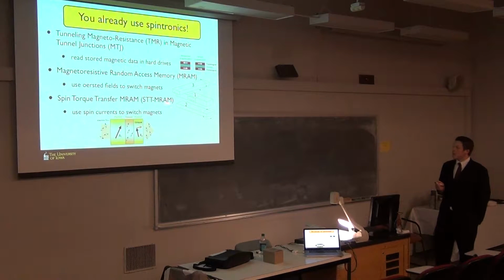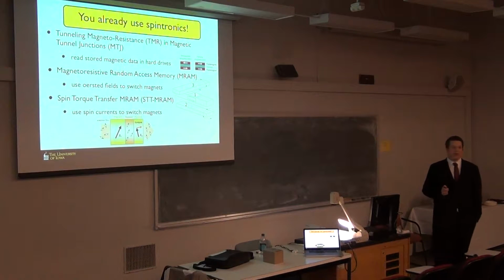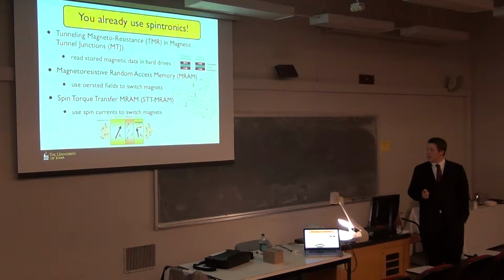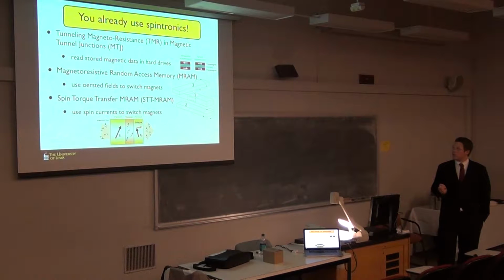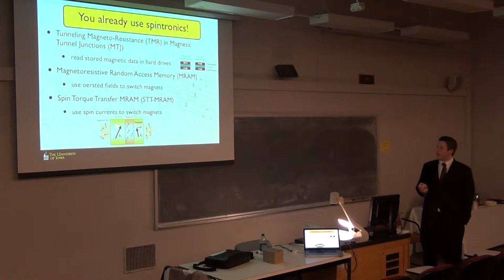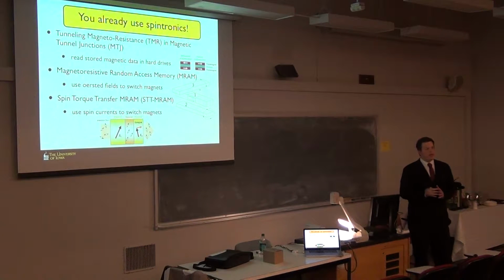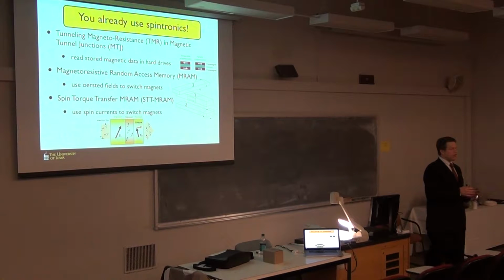You're using currents, like these bars here, I think, and they can manipulate the magnetic tunnel junction through their Oersted fields. Another way, which is more recent, to control magnetic bits is spin-torque transfer MRAM. This applies a spin current between the two ferromagnets. When you have a spin current going through a ferromagnet, that spin current exerts a torque on the ferromagnet. You can rotate that ferromagnet or change its orientation.